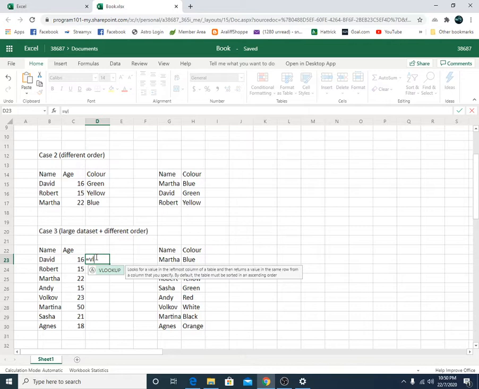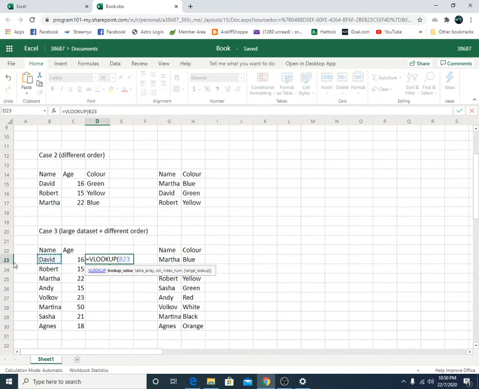You can either type manually until the end, or you can press the tab button, and then you can see the information that we have to specify. So let's say in this case we wanted to use the name as our reference value or lookup value, because this is the information that is available in both of the tables or data sets. So let's say in this case, for the lookup value, I choose David. So David is in